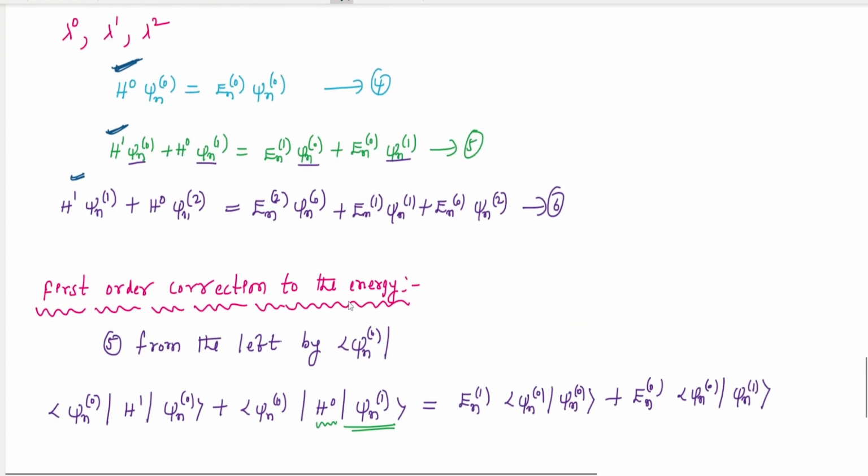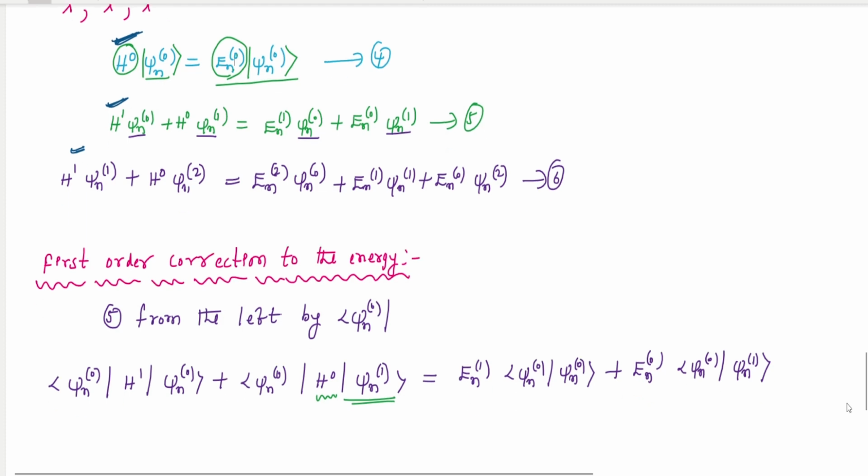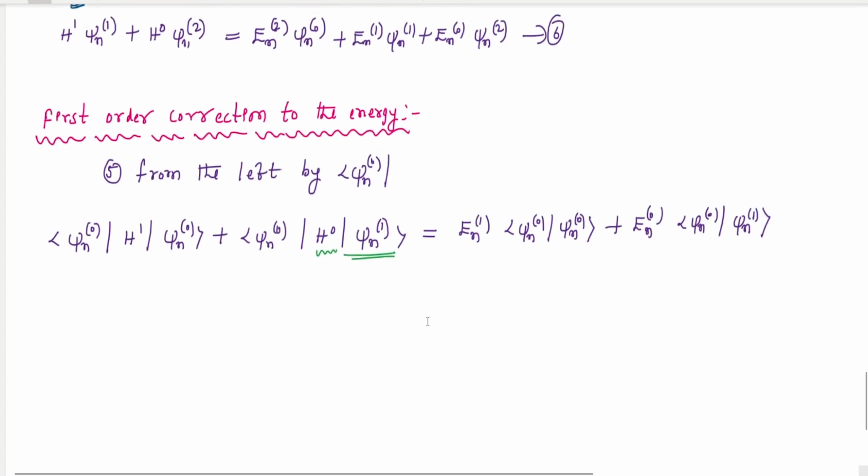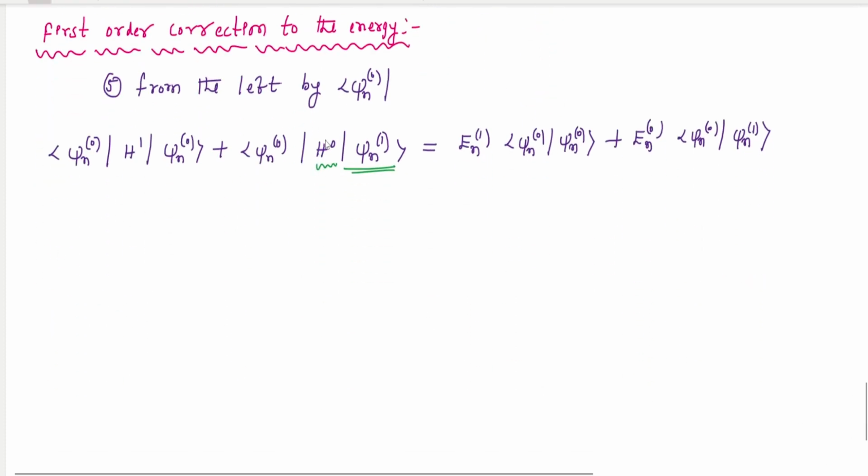In equation number 4, see here, H₀ is applying on this ket vector. Then we get the same ket multiplied by some constant. You can replace it now with En⁰ ψn⁰. I'm going to apply the same rule here. If I apply this equation, then I can get the nth state,